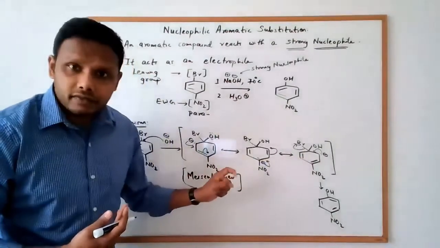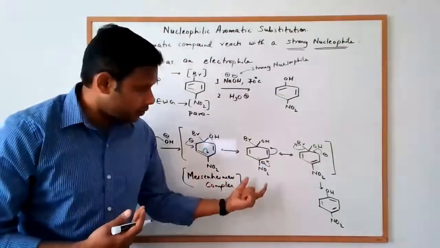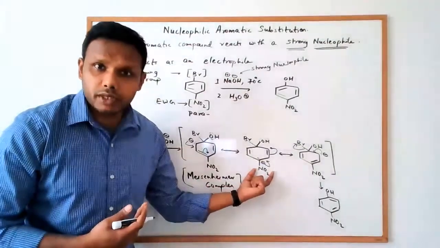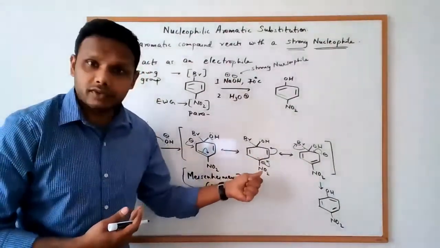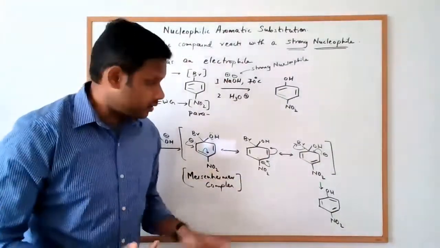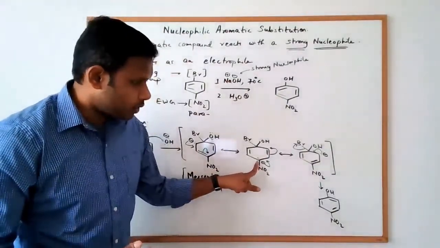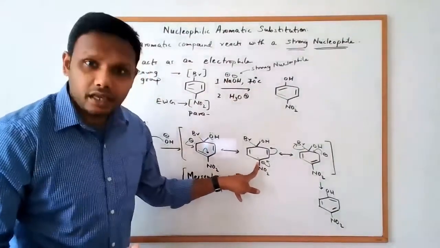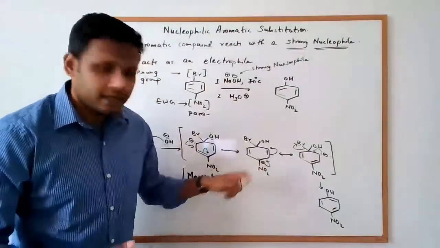So when we have a strong electron withdrawing group like nitro at one of these positions, or if you can have more than one, that's even better. So when you have an electron withdrawing group at one of these positions, it is able to stabilize that negative